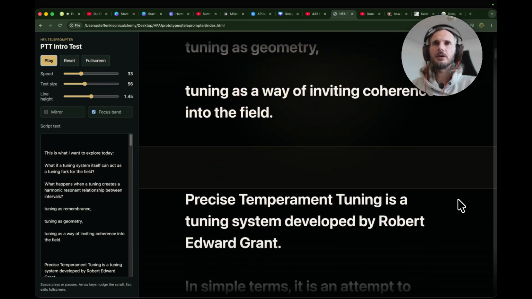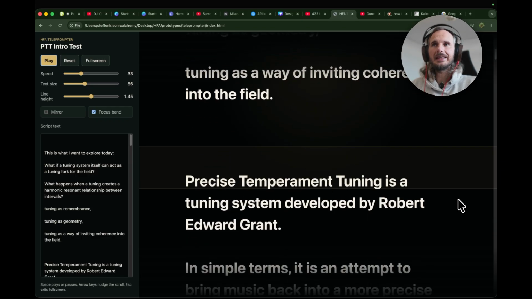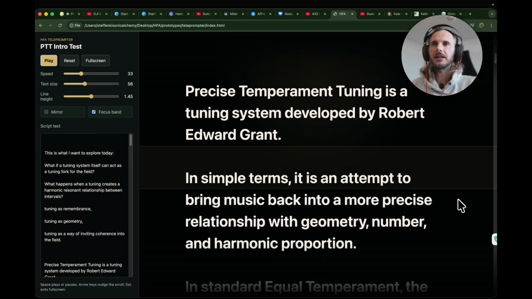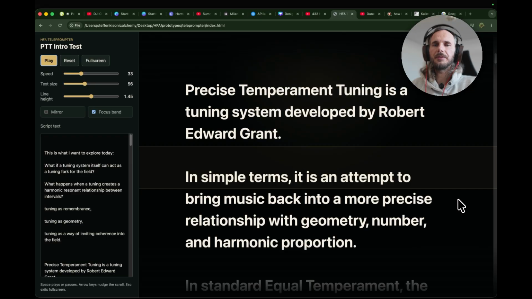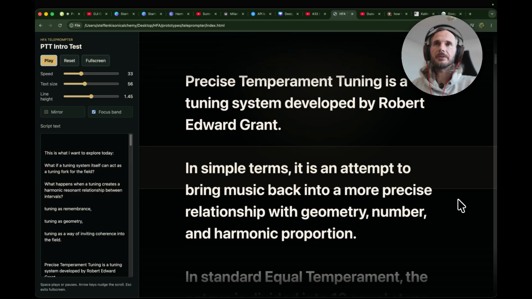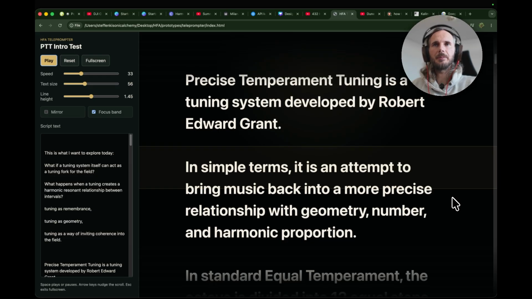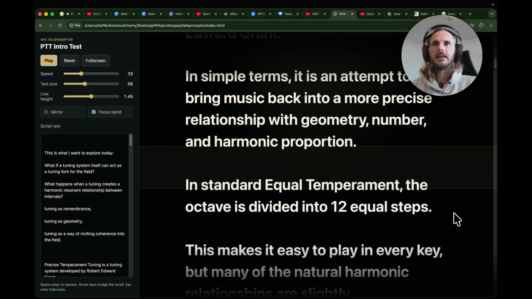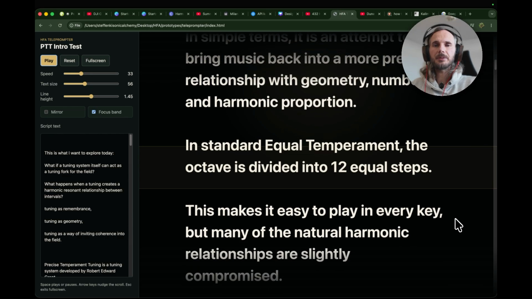right? So precise temperament tuning is the tuning system developed by Robert Edward Grant, as I shared in the beginning. Again, watch the full in-depth video for more information on that. But in simple terms, it is an attempt to bring music back into a more precise relationship with geometry, number, and harmonic proportion. So in standard equal temperament, which is the standard in Western music, 444 Hz equal temperament,